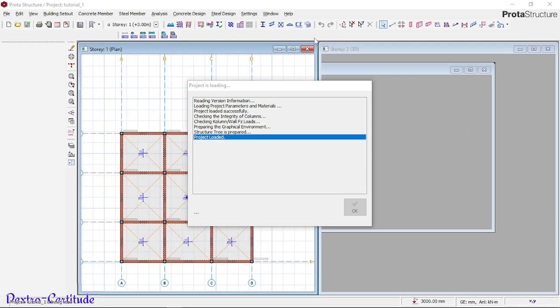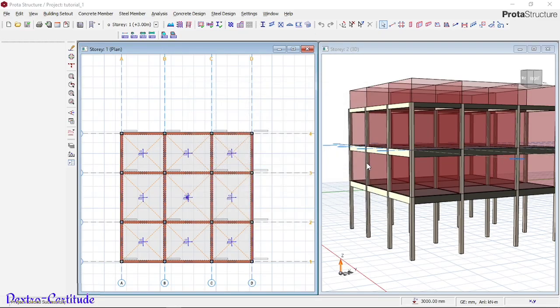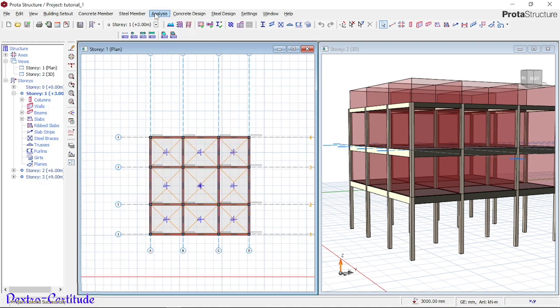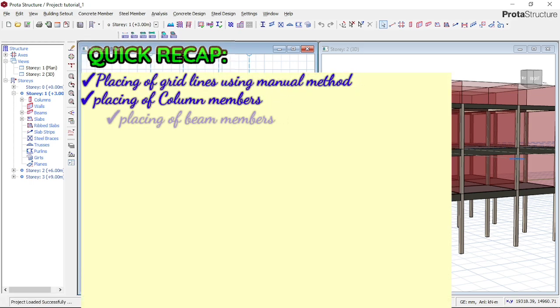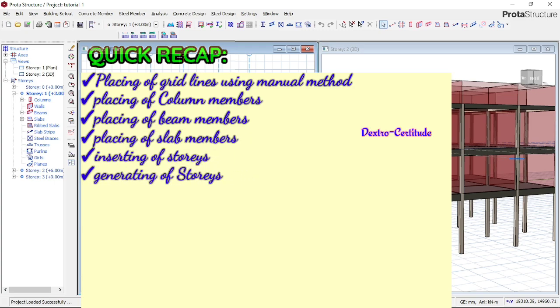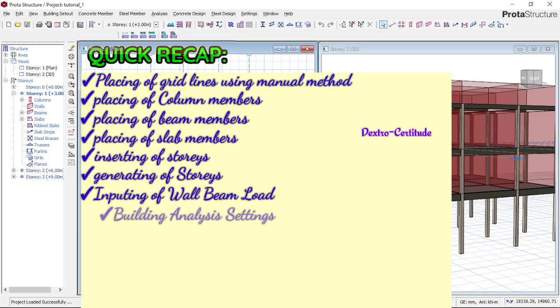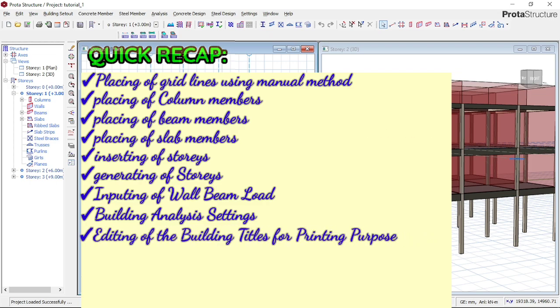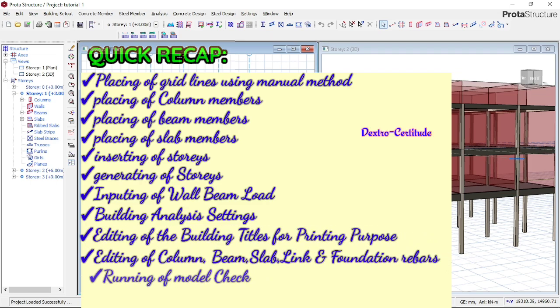Alright, let's wait for it to load. Alright, quickly we come to, as remember what we did in our last class. We talked about your grid line. We were using single grid to generate each and every one of the grid, both vertical and horizontal. Then after that we went into column, beams, then slabs, and then after that we went into